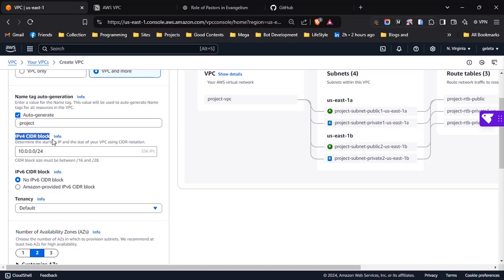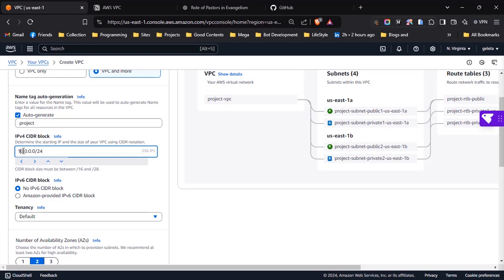I believe it's clear what IPv4 is. Basically, IPv4 is Internet Protocol version 4. It's the fourth version of the Internet Protocol, which is one of the foundational protocols for communication. IPv4 is a 32-bit address format. For example, here it says